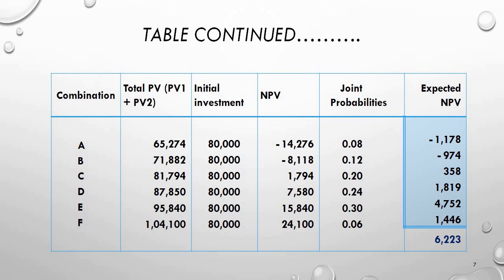C: 1,794 into 0.20, that is 358. D: 7,850 into 0.24, that is 1,884. E: 15,840 into 0.30, that is 4,752. F: 24,100 into 0.06, that is 1,446. Now the total expected net present value is rupees